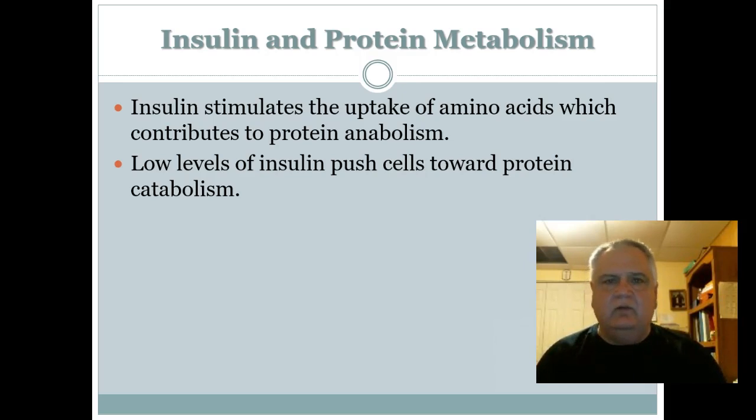Think about, for example, anorexia or bulimia. In anorexia, patients tend to restrict their diets and eat very, very little. And so their insulin levels are going to be low because they're not getting the other nutrients into their bloodstream. The body cells still need a source of energy to carry out their daily activities. Where are they going to get that energy from? Well, they'll start to break down proteins to get the energy that they need.